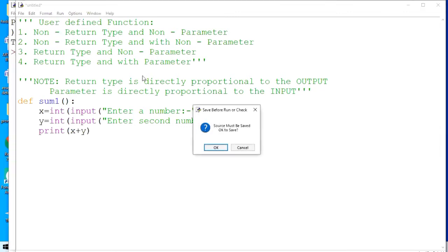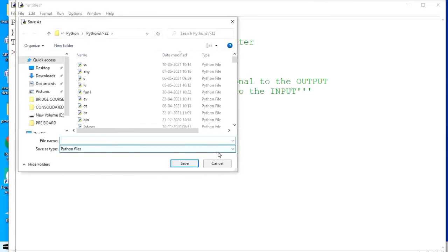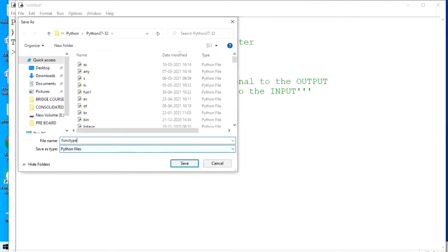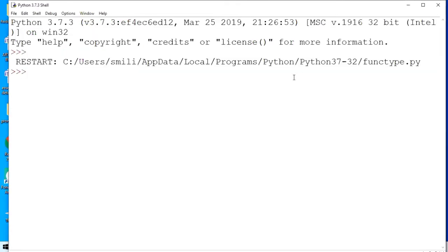First, I will save it as function type. Yeah, Shashank, I will call it from here. So sum1, let's provide some value.